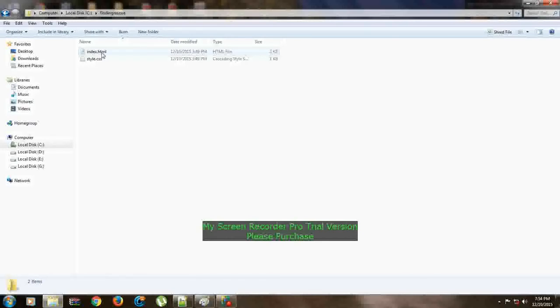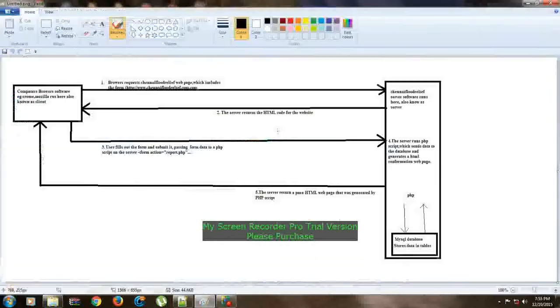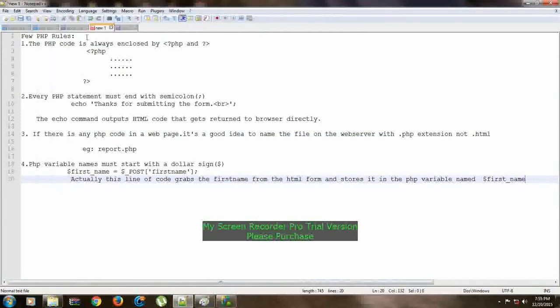So PHP software resides on the server, as I said in the first video, right? So I am going to develop a PHP script which is going to handle our HTML form data, right? And our PHP script will store the data it received in these HTML fields into the database, right? Okay. So before we go into this PHP, I am going to tell you a few rules of PHP, right?